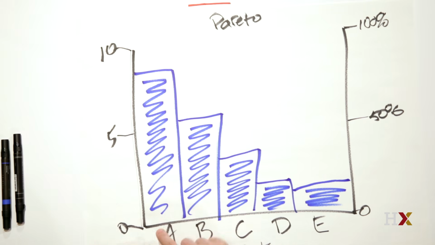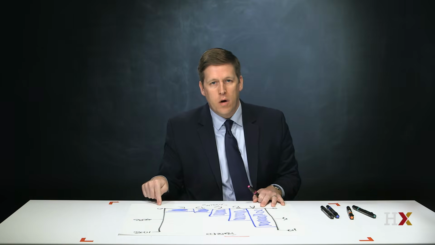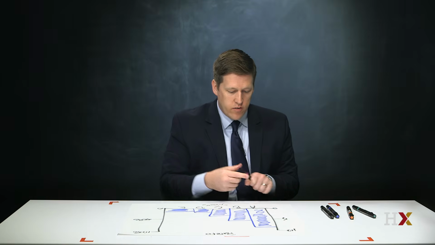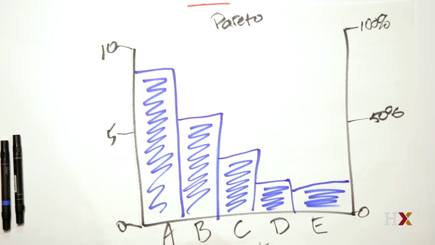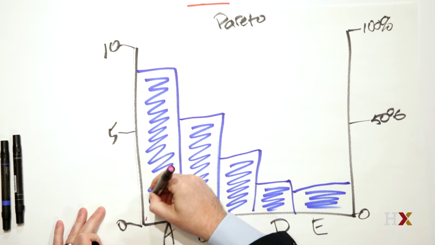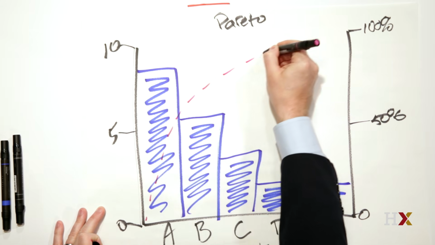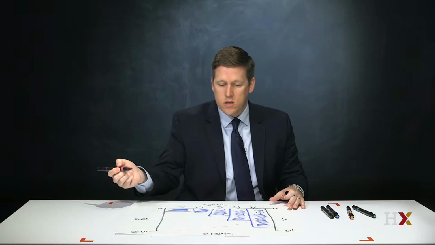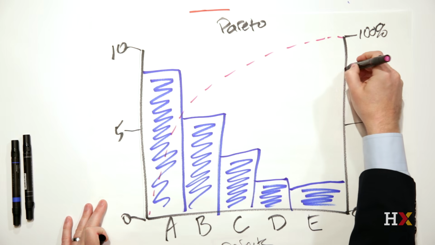And what we're trying to do is identify what percentage of the total problem is each of the defects, so we can try to see which is the most common to least common. And we're looking for that 80-20 rule. So imagine we've got this line chart, and we'll just say that if this is 80 here,